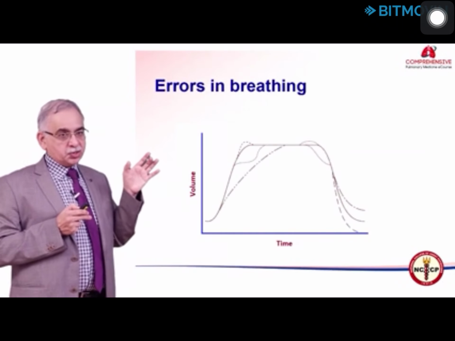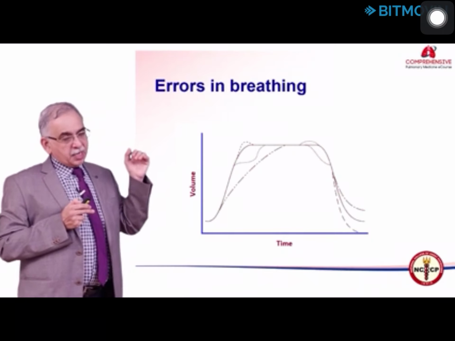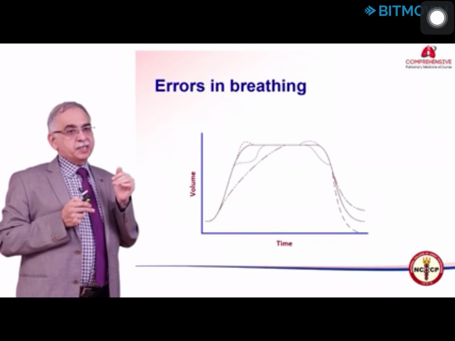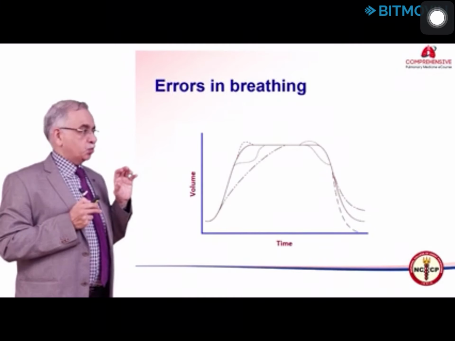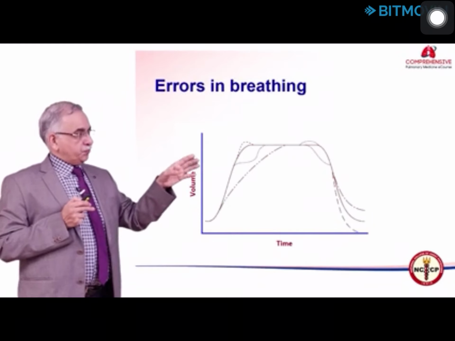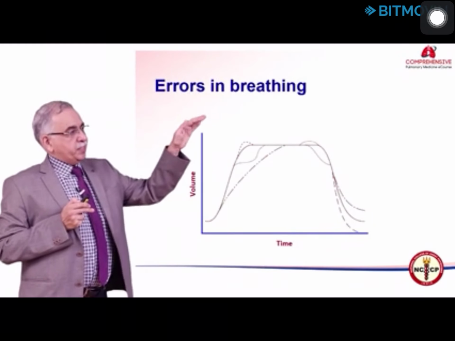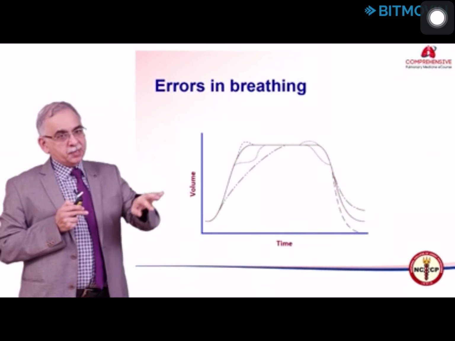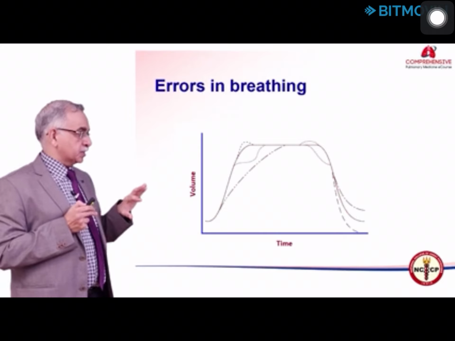Sometimes patients stop while breathing in, or they breathe out while they are breathing in, or they try to make efforts against the closed shutter. So, all these can be monitored on the screen. Normally the smooth curve should just go up, stay horizontal and then come down. So, this is the typical loop that we get in a diffusion capacity test.